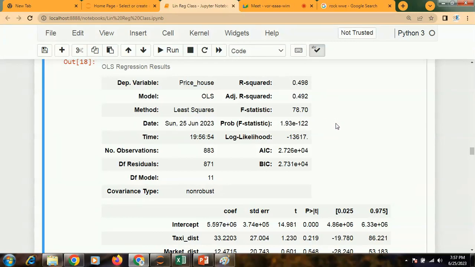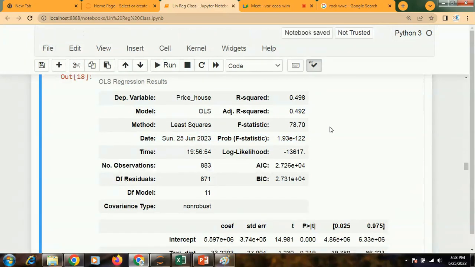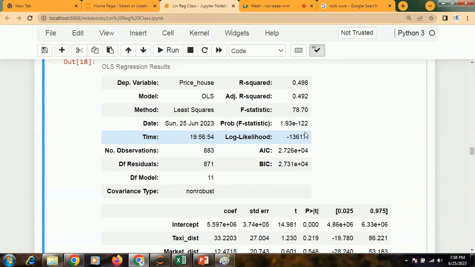Yes, no, don't know, confused? We have e to the power minus, right? Whenever you have e to the power minus something, it means it's a very small value. First you have to write 120 zeros and then 193. Okay, so which is fine, which means we can proceed ahead with it.